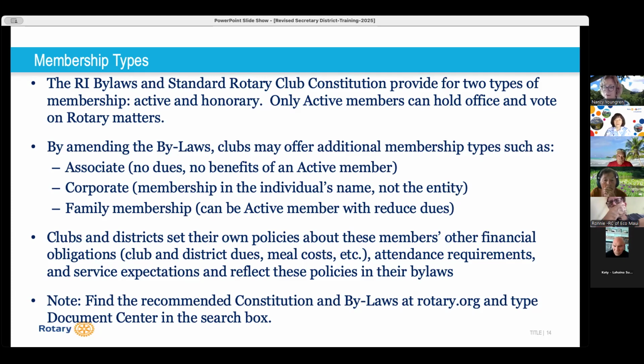It's a good idea for secretaries and actually for the president and the entire board to occasionally take a look at the bylaws and see if they actually reflect what you're doing. And if there are changes, such as allowing a different kind of membership that are not currently in the bylaws, you might want to consider whether the bylaws could be amended to provide for that, or at least reflect the way things are done and not be in violation of the way things are done.